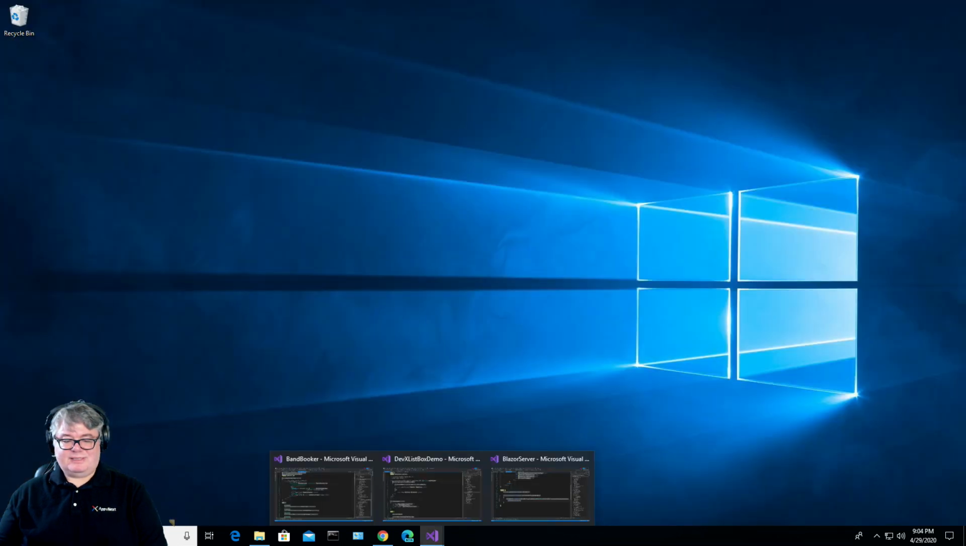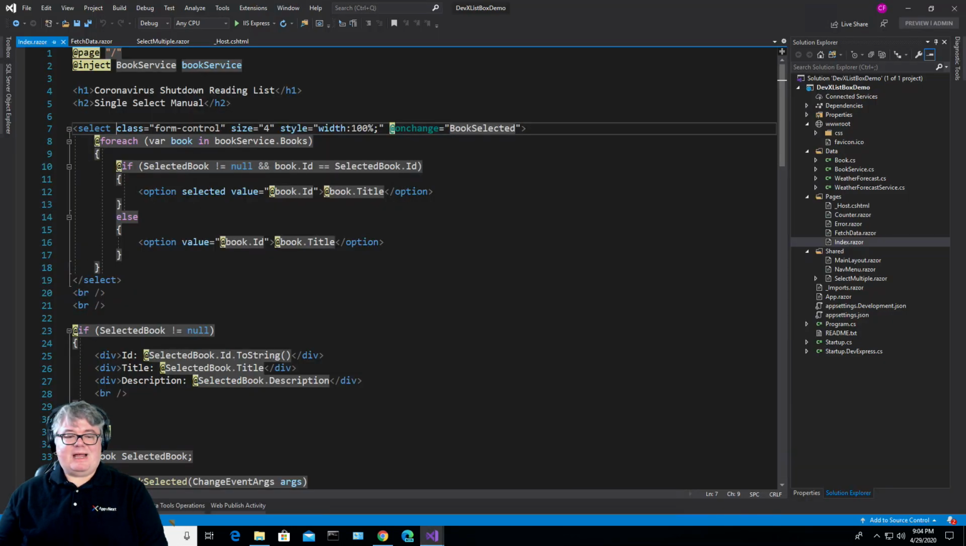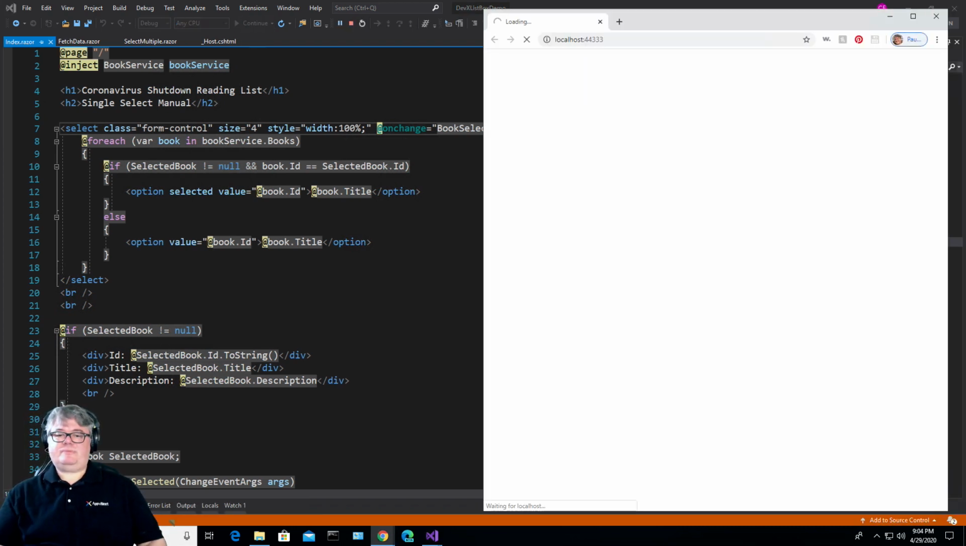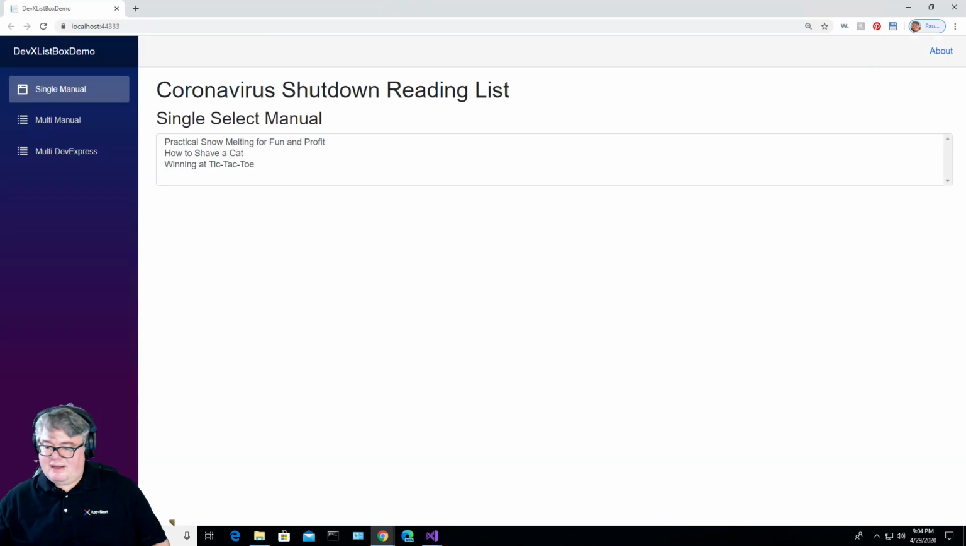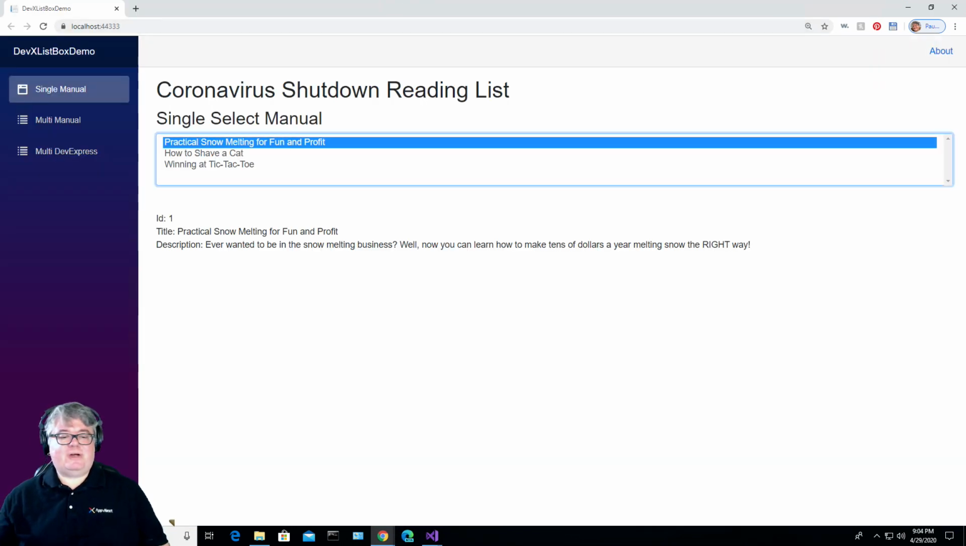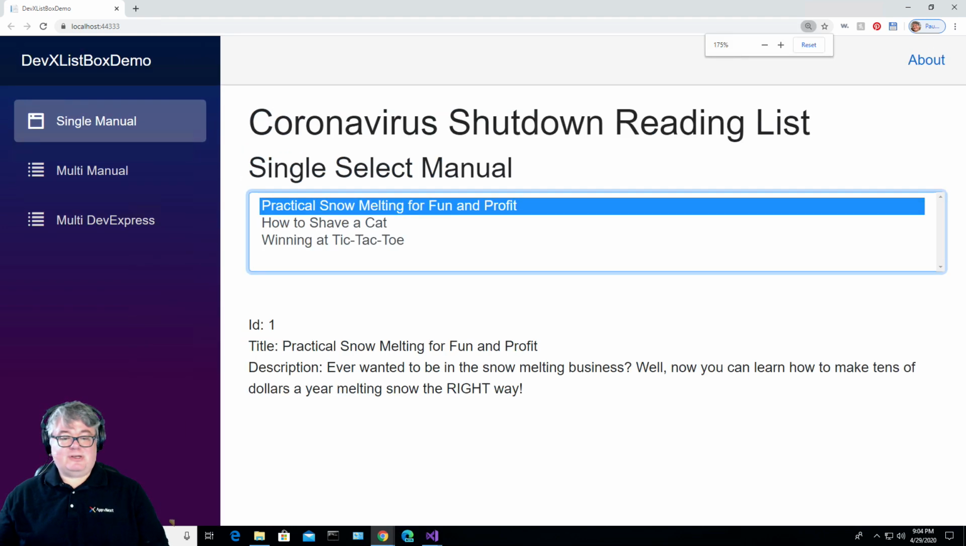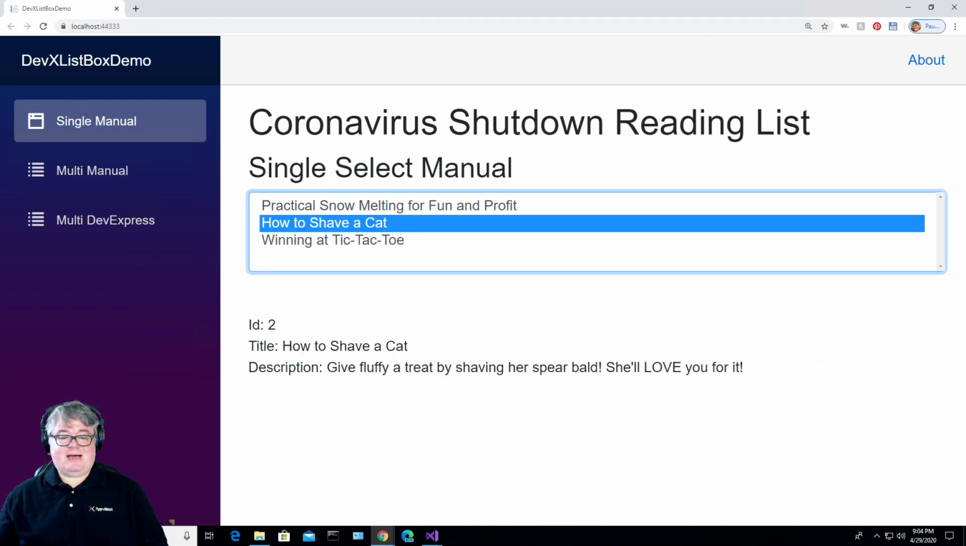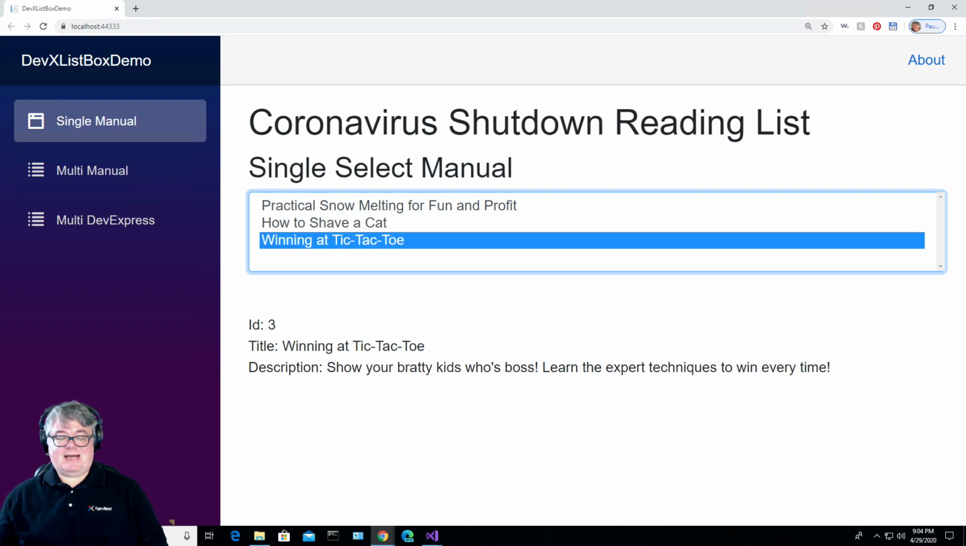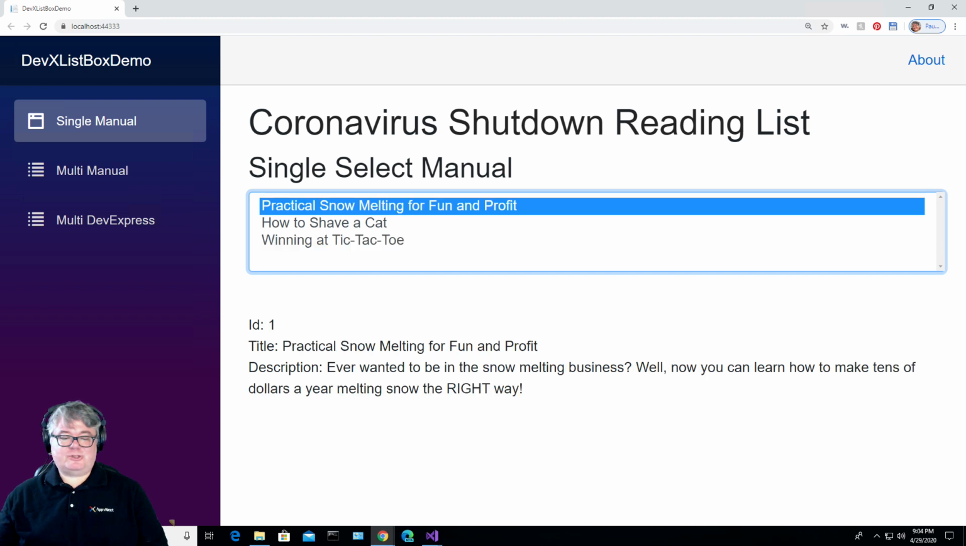There's another thing that I wanted to show you, and that is list boxes. And this came out of a real necessity. I was building an application, and I wanted to do a multi-select list box. So I'm working on this, and I've created my coronavirus shutdown reading list. Practical snow melting for fun and profit, how to shave a cat, winning at tic-tac-toe. These are on my reading list, right? And so what I want is to be able to hold down the control key and select multiple ones, but